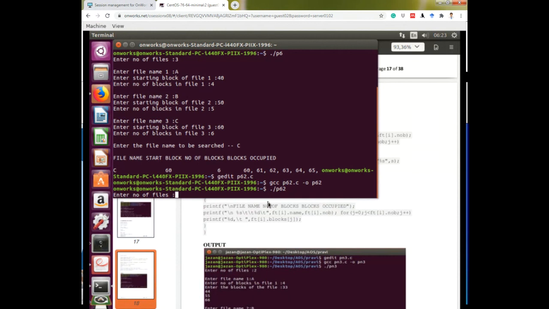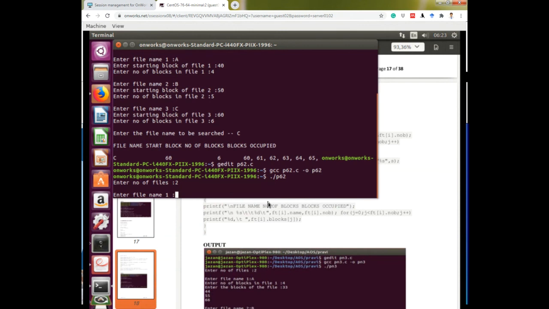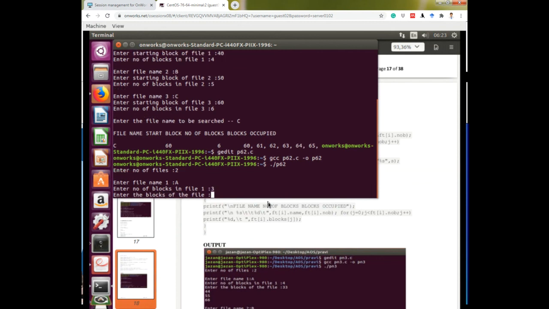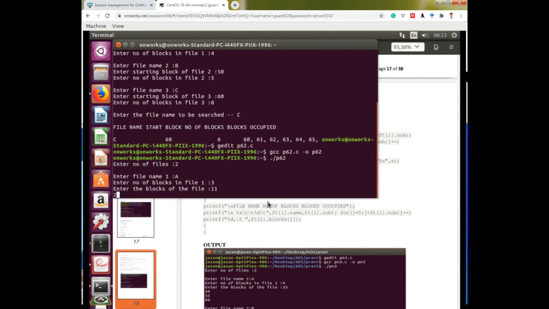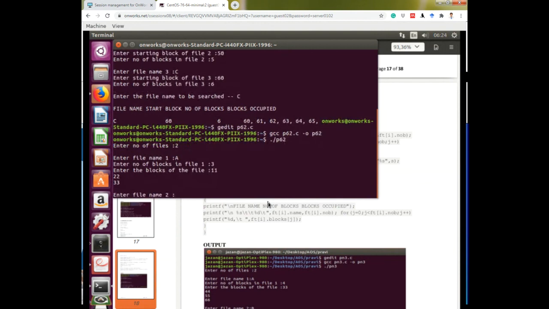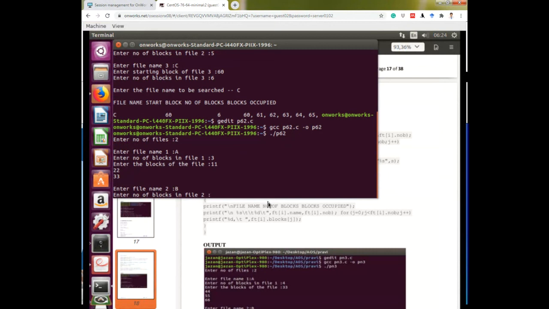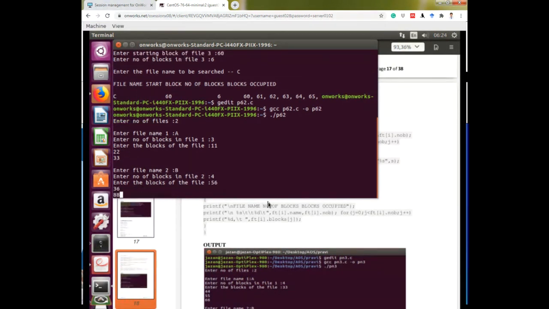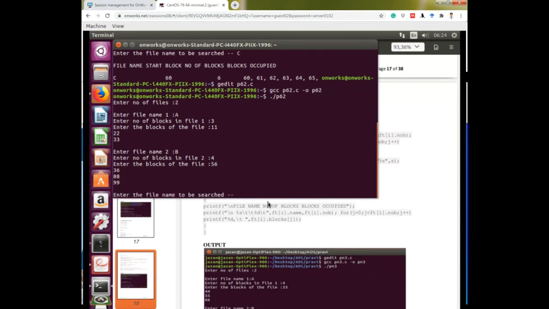Let's say 2. It is asking file name 1 is A, number of blocks in the file, let's say 3, enter the blocks. Now you have to enter the blocks, let's say 11, 22, 33, three blocks. File is B, number of blocks, let's say four blocks, 56, 36, 88, 99. These are the 4 blocks.